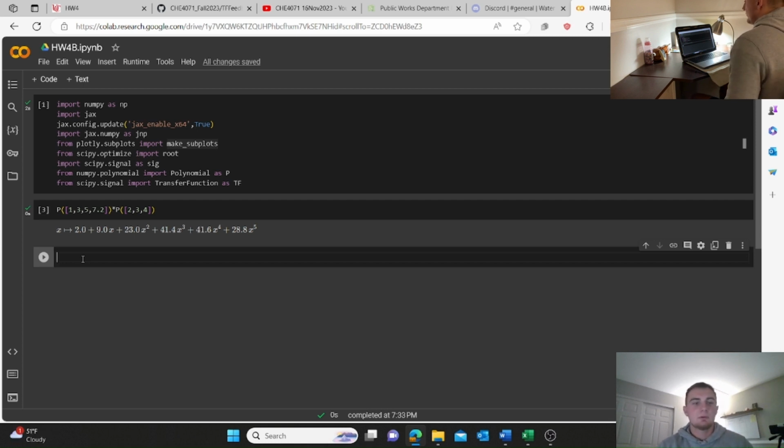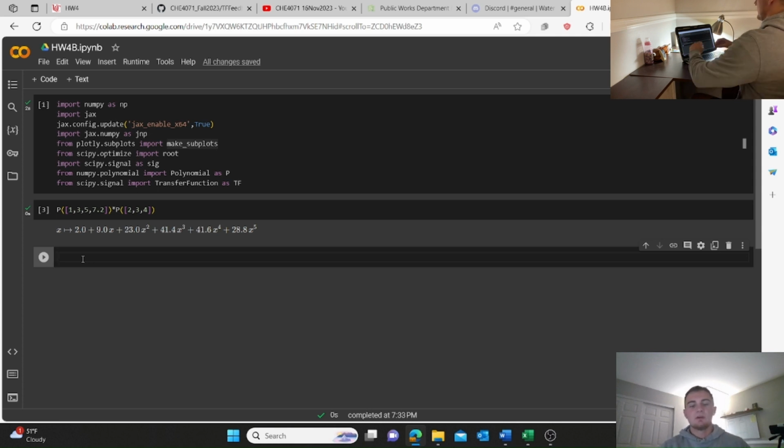So essentially what I'm going to do to combat that discrepancy is to set up a couple functions here to translate a transfer function to a polynomial in terms of the numerator and denominator, and then also taking a polynomial with a numerator and denominator and translating that into a transfer